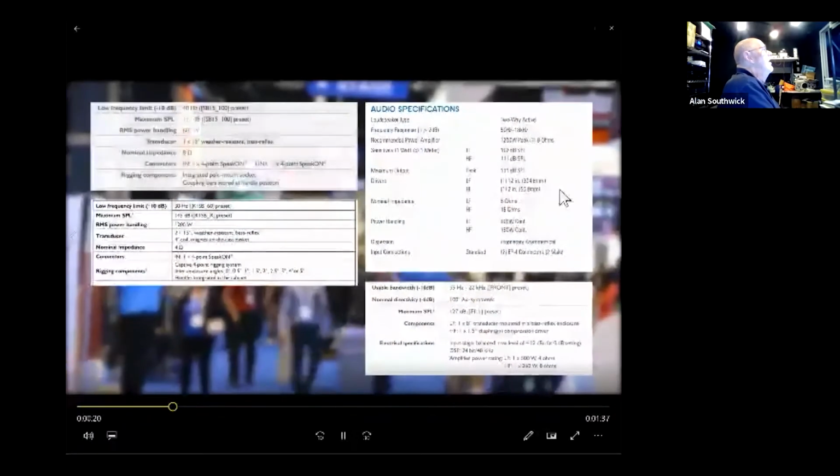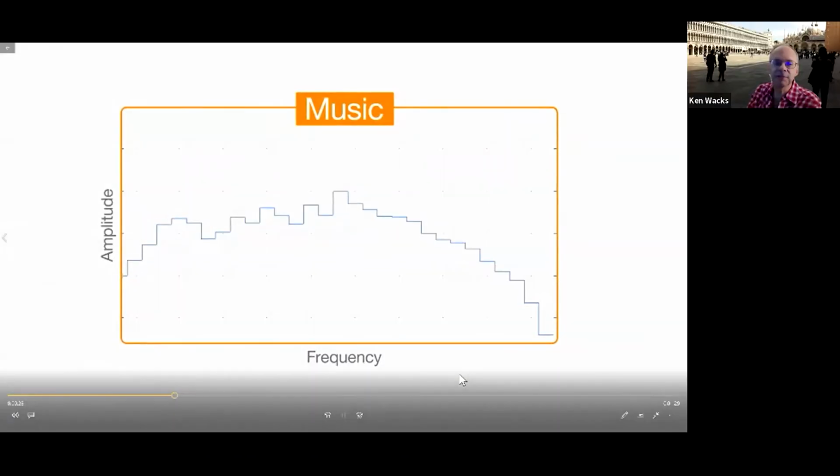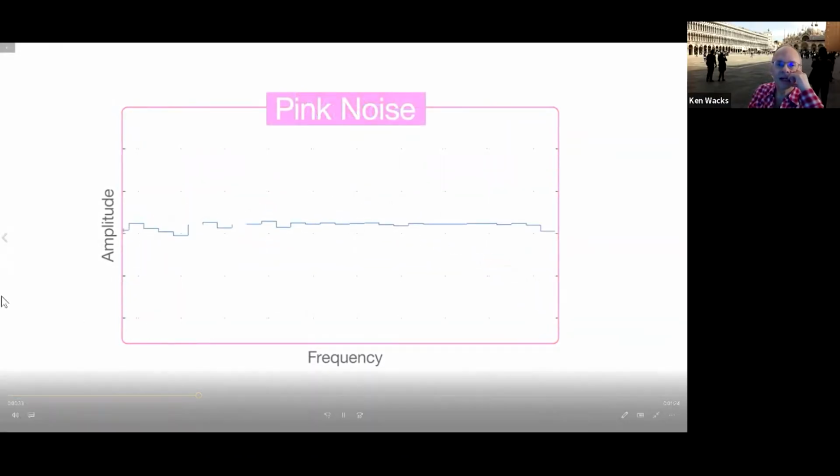speakers are all over the map? This is understandable because there's never been a test You signal see that could the objectively video? and accurately Yes. model the comparatively dynamic Working, behavior Alvin. of music. A common test signal is pink noise, which contains all frequencies at